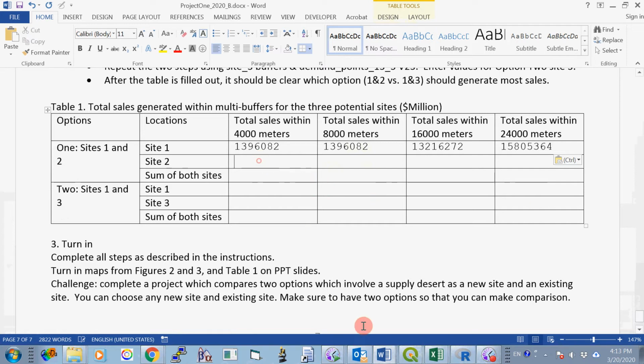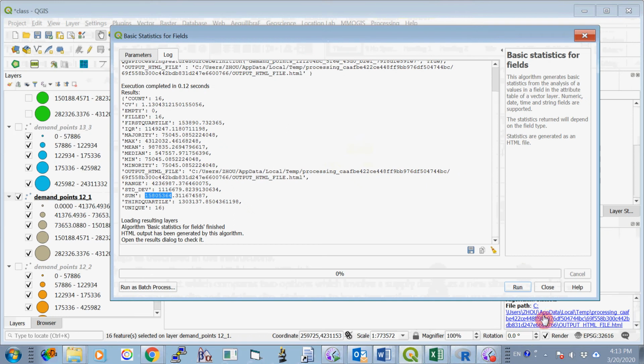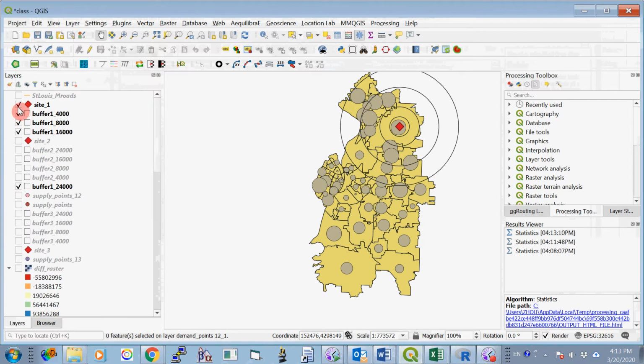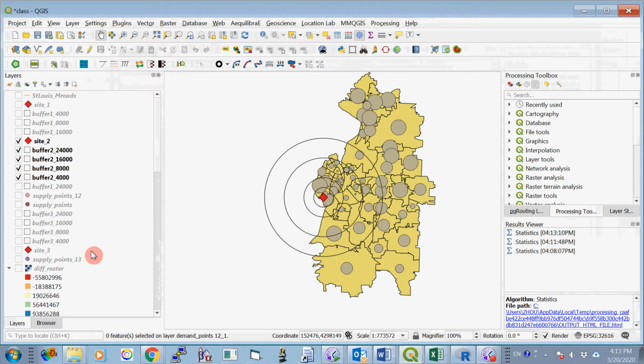Okay, let's close this window, and we unselect everything, and we turn off site 1 and turn on site 2. All these layers here. So we want to see how much sell we generated within these 4 buffer zones. Okay, so now we can do the same thing. We are going to first select within the smallest buffer zone how many points are going to be. So now let's go to